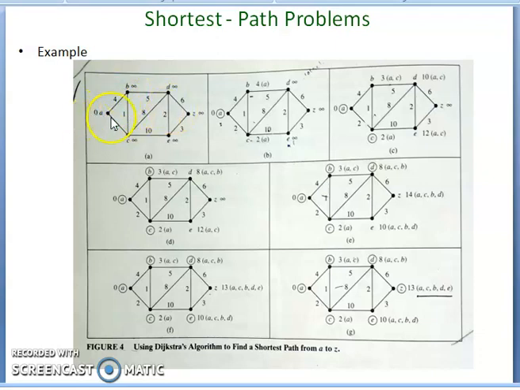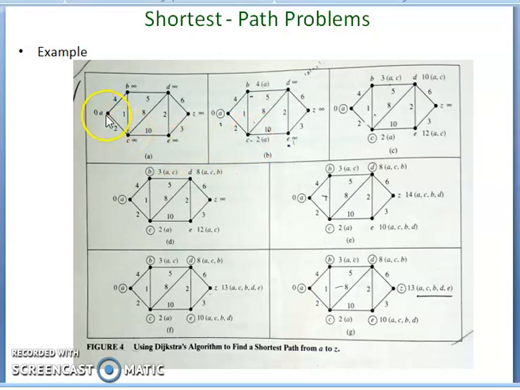One way is A to B and the second is A to C. Which one is the minimum value? A to C is the minimum, because 2 is less than 4. So you move from A to C. A is the starting source value, and from A to C the distance is 2. The length of C is 2, because you reach it from A. Previously the length of C was infinity.